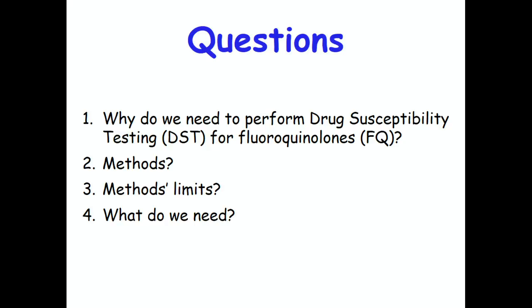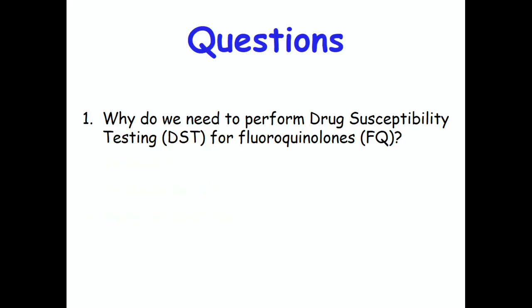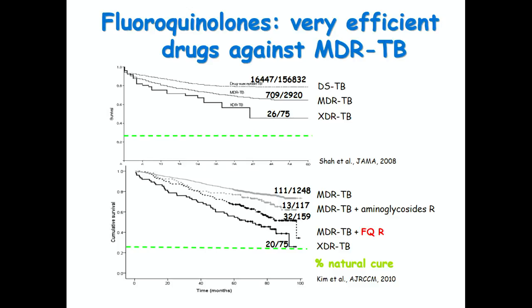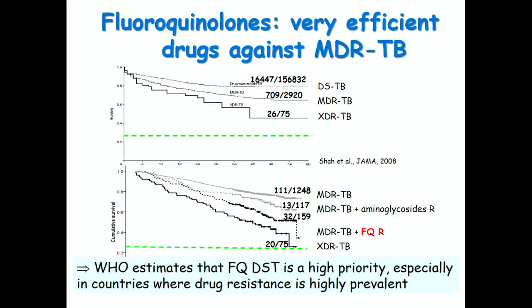So I have divided my talk in different parts, answering 4 questions. The first question is, why do we need to perform drug susceptibility testing for fluoroquinolone? As Tim said previously, fluoroquinolones are very efficient drugs against MDR-TB, as illustrated by those Kaplan-Meier curves. We know now that the bad prognosis of XDR-TB is mainly due to fluoroquinolone resistance rather than to aminoglycoside resistance. And therefore, WHO estimates that fluoroquinolone drug susceptibility testing is a high priority, especially in countries where drug resistance is